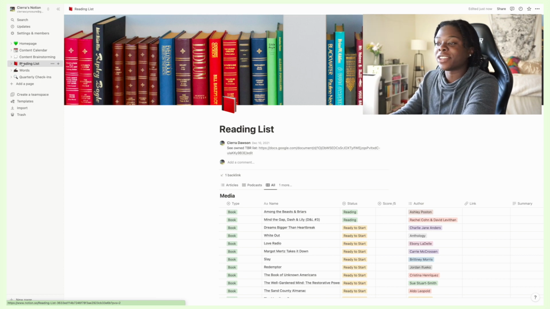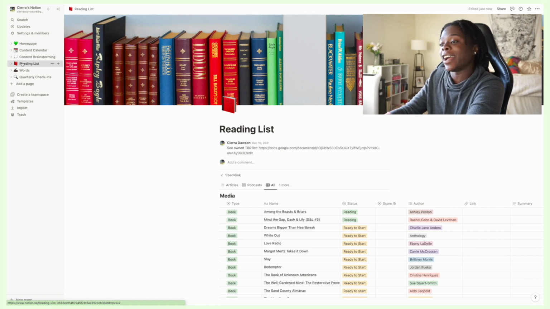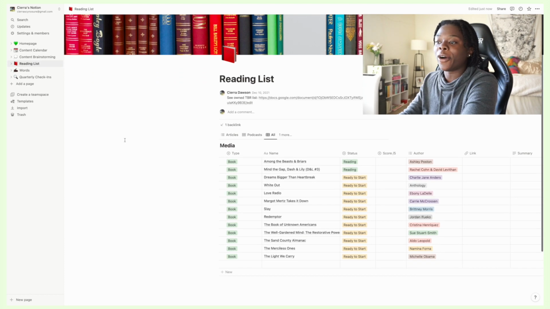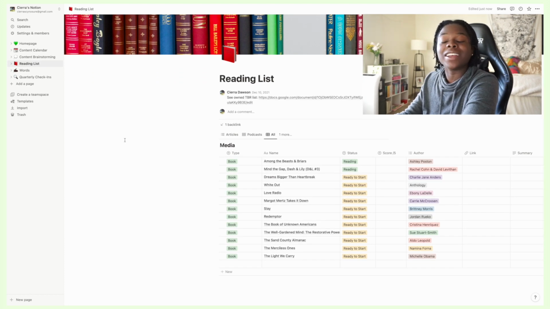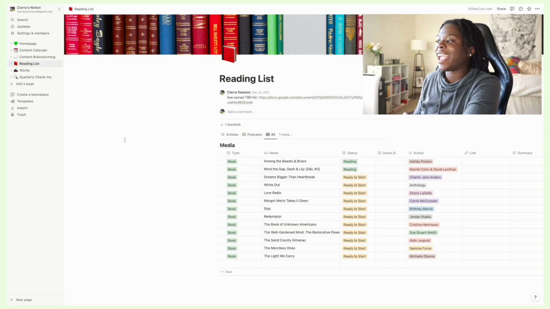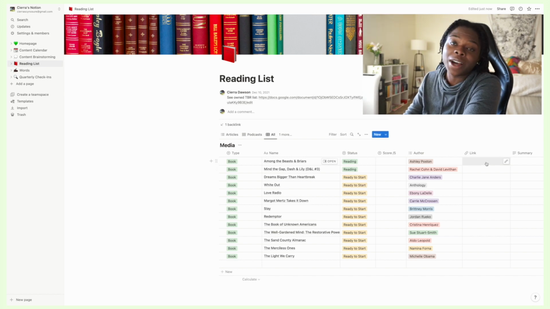Okay, so from my content brainstorming page is my reading list page. This page is another database feature of Notion, which I love, but this one I'm using differently, so it's not a content calendar setup. This one is just a list of all the books that I still need to read, and my status, what's the author, how many stars did I give it, and a link section. If I posted a blog review of it, I will put the link there for easy access.